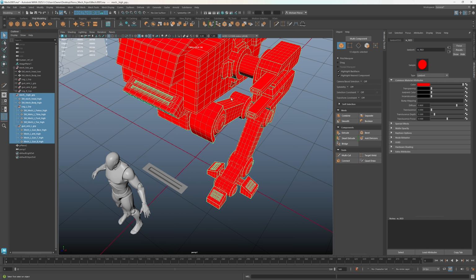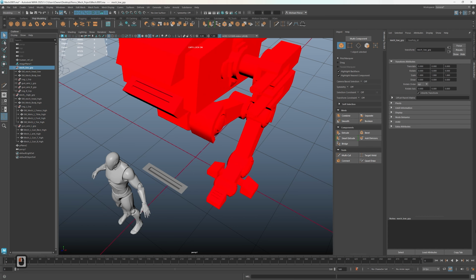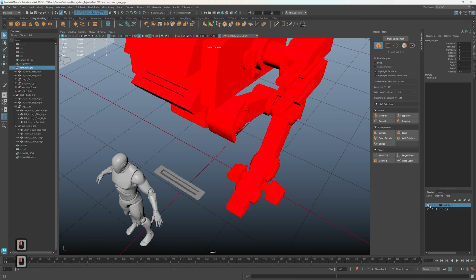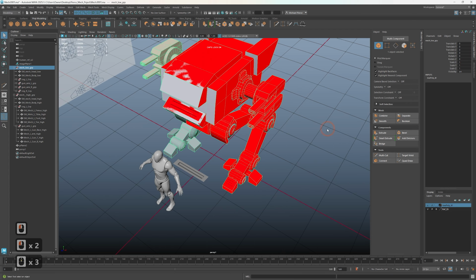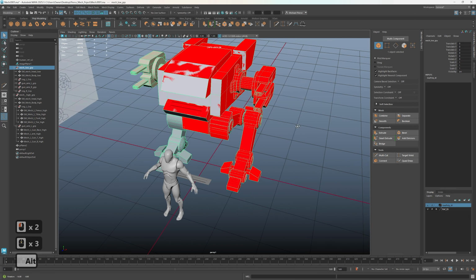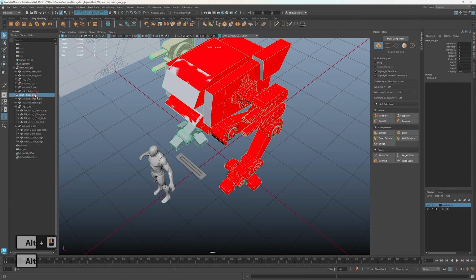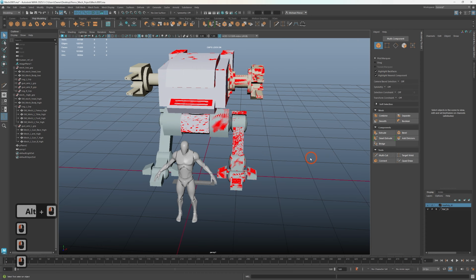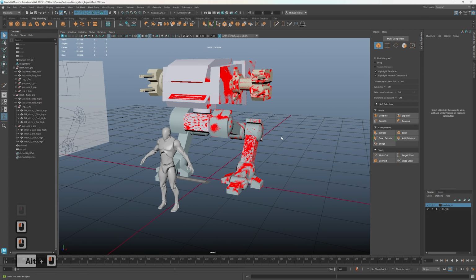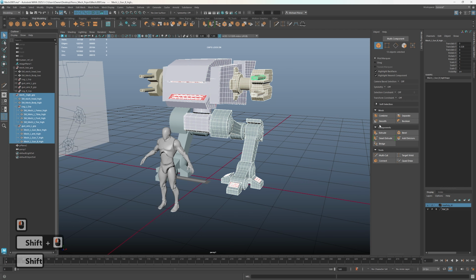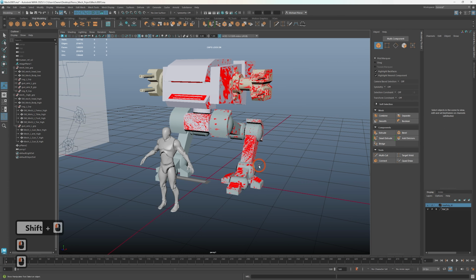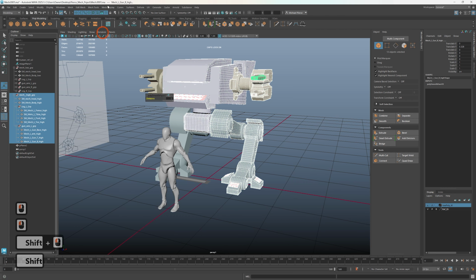So to wrap this thing up, though, I am going to go back to my channel layer box, turn on the visibility of my low. Now, double checking that things still look decent, and that we didn't move back too far out. Yeah, so all right, that's ideally what I'm kind of looking for right there. See how it's all Z fighting. I am going to actually come along here and grab my high poly. I am going to give it a smooth mesh, and then we will grab the mesh, delete its history,